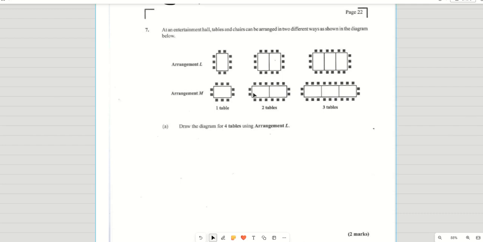It says arrangement L is like this and arrangement N is like this. They said draw the diagrams of four tables using arrangement L. So we see how arrangement L looks. Right, so let me see if I can do this. It's going to be one like this, then a next one like this,